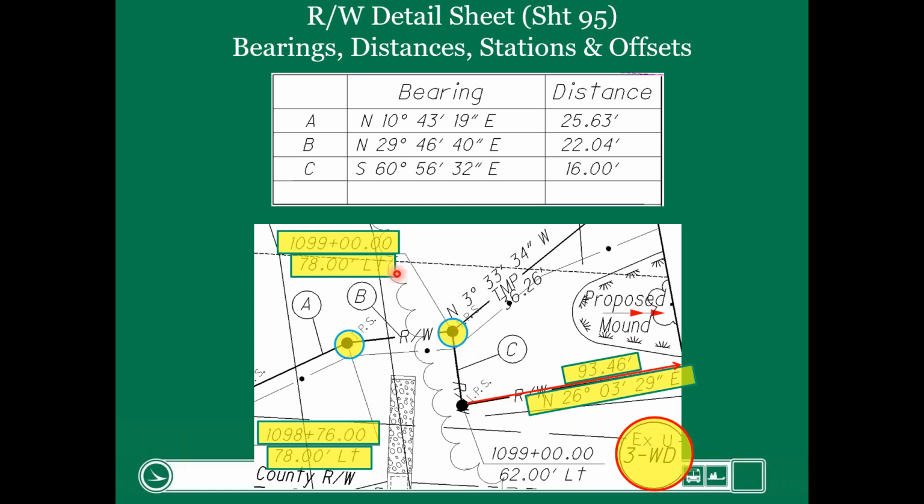This point right here is at this station, so you can see we've moved ahead a few feet, roughly about 24 feet along the center line, but the offset distance is the same. And the reason it's the same is the center line is on a curve. Even though it looks like this point is further out, you have to remember we're in a curved section. And then this next point right here is at the same station, but the offset is 62 feet left.